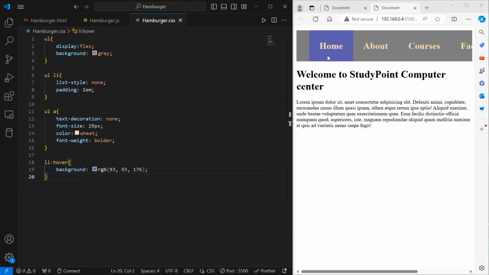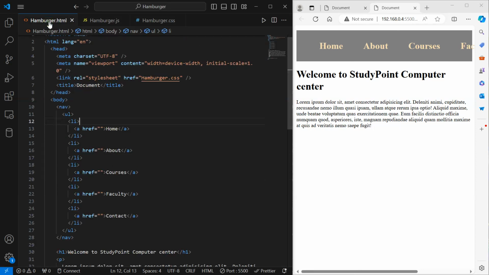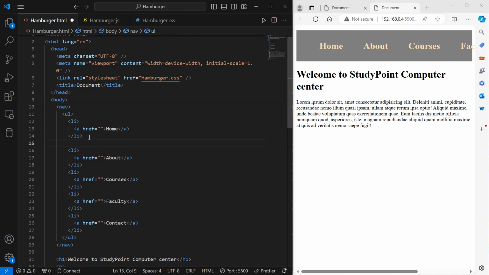Now what I will be doing is that if you could remember the website which I was showing earlier, Home will be selected by default, but About, Courses and all these things will be hidden by default. So let me wrap all of these courses inside a particular div. Let me move back to my HTML, and I'll be giving some classes here. The class name will be maybe menu,